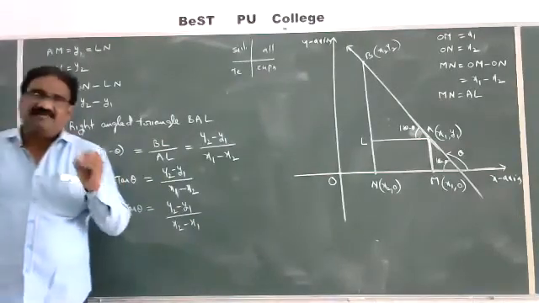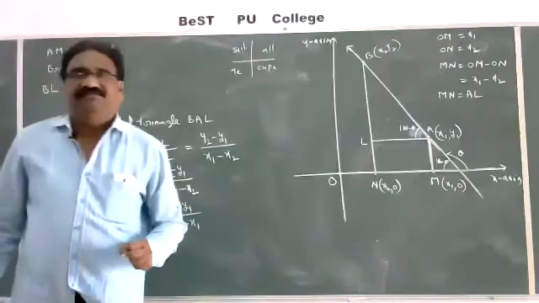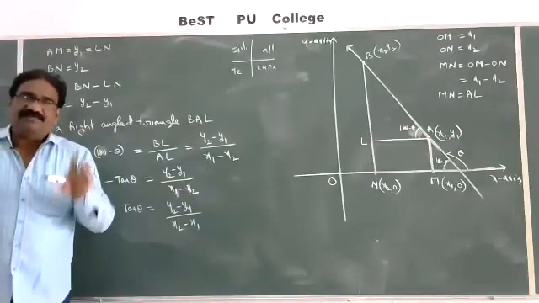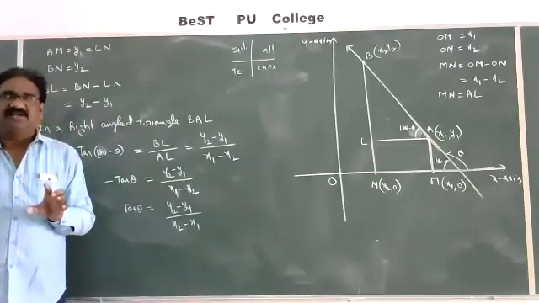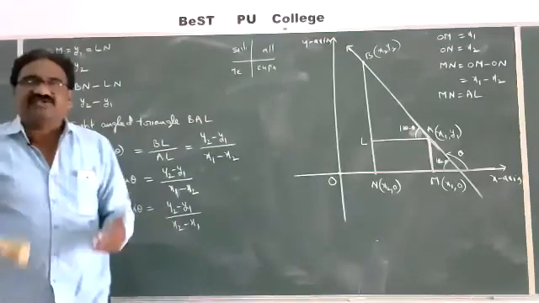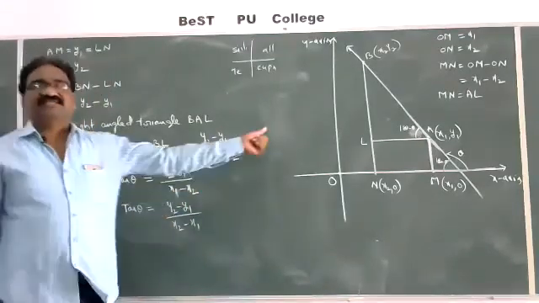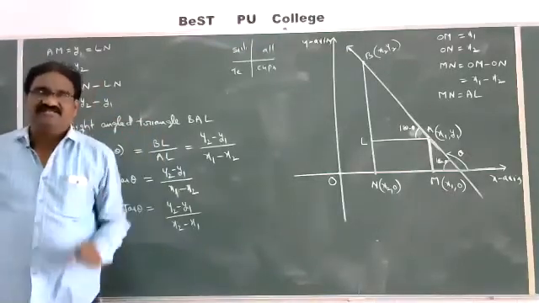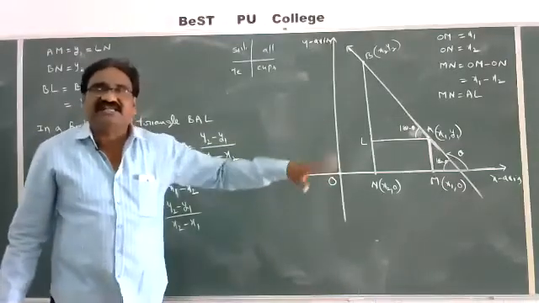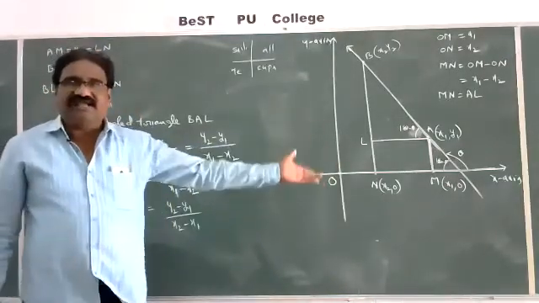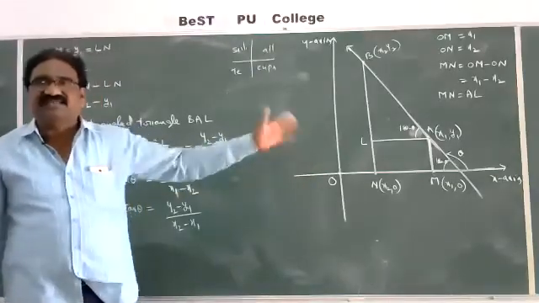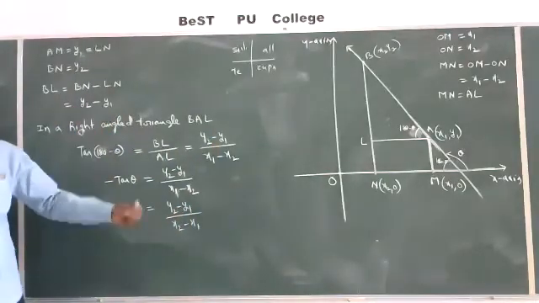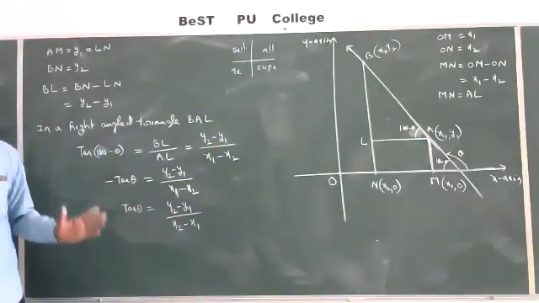Today, we discussed what is meant by inclination of a line and what is meant by slope of a line. Already you know the formula, slope of a line m is equal to y2 minus y1 by x2 minus x1. Why this is equal to tan theta, I discussed in two cases. First case is if inclination is less than 90 degrees, and the second case is if inclination is greater than 90 degrees. If theta is an acute angle it is the first case, and if theta is an obtuse angle it is the second case. In both cases, we proved tan theta is equal to y2 minus y1 by x2 minus x1.